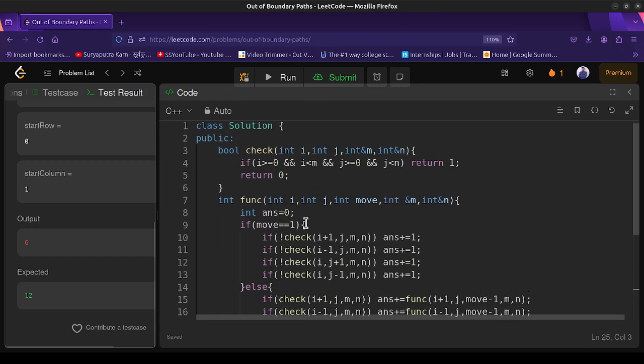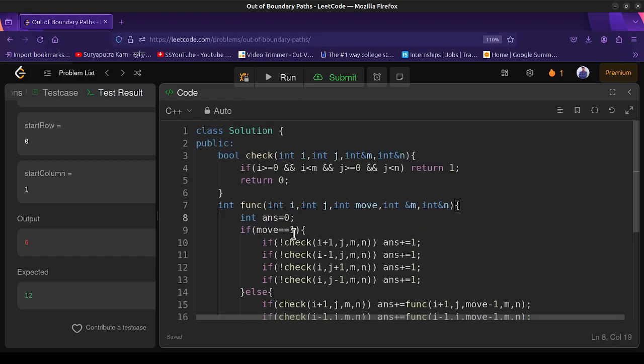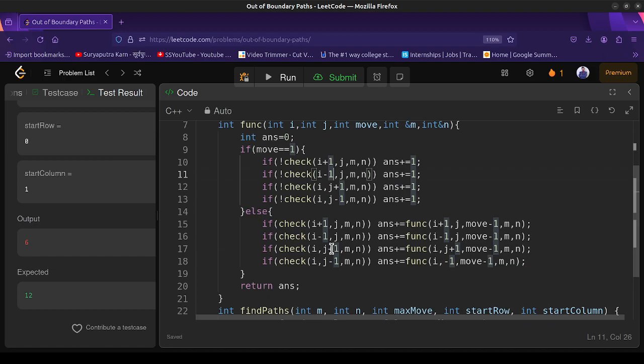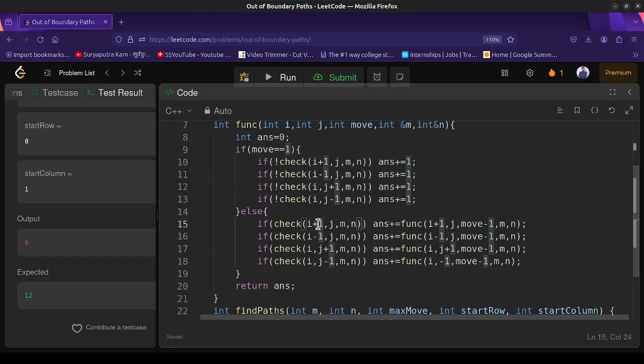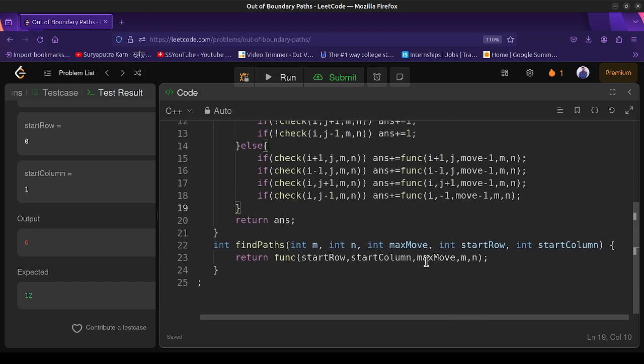Yeah, so answer equal to 1, then if this is possible, and j+1, j, then answer will be -1. If not, j is greater than or equal to 0, j is less than, then return 1. And why is this not correct? I+1, I-1, j+1, j-1. Yeah, so I have to call like